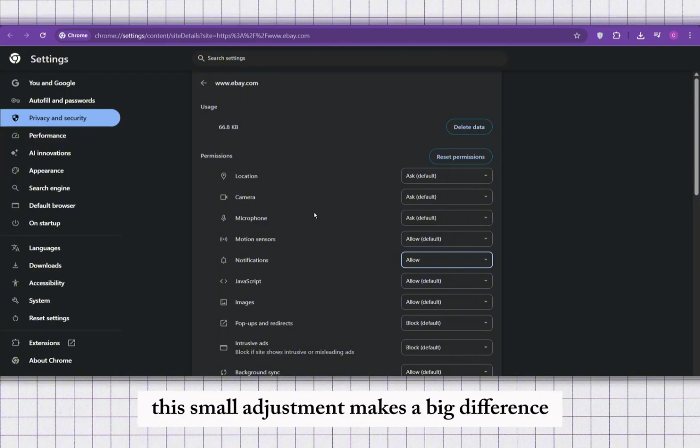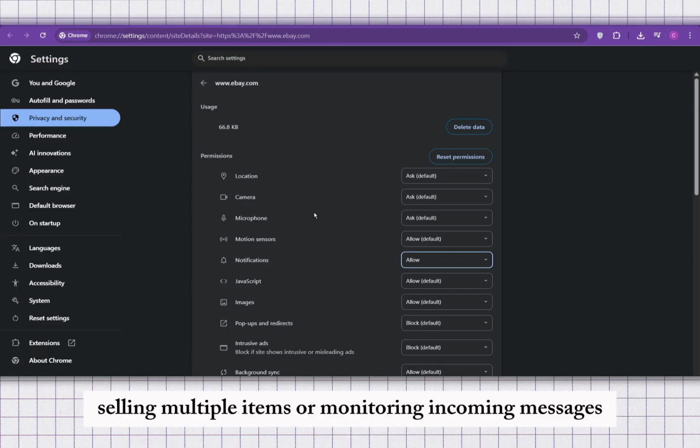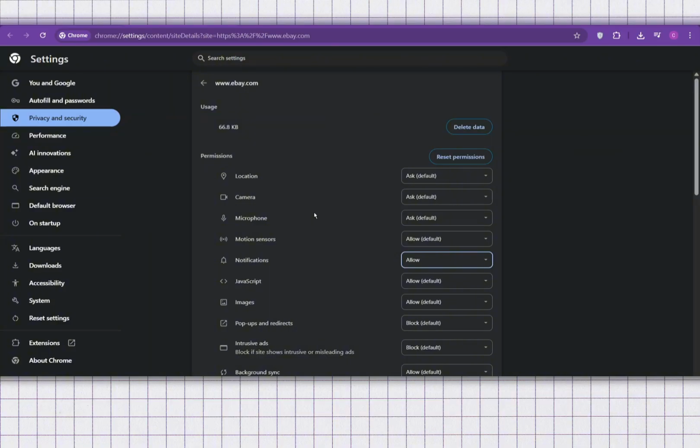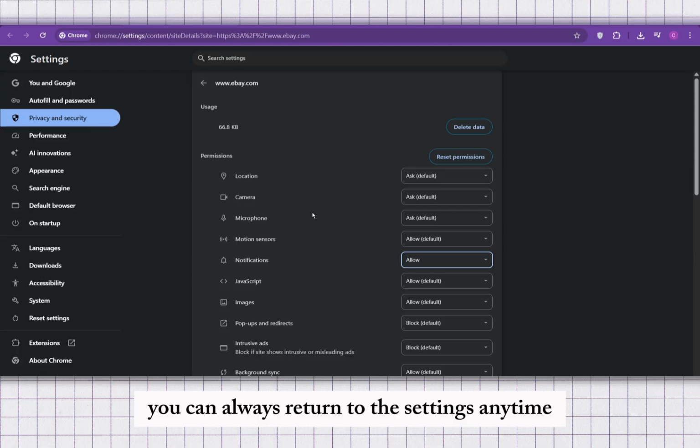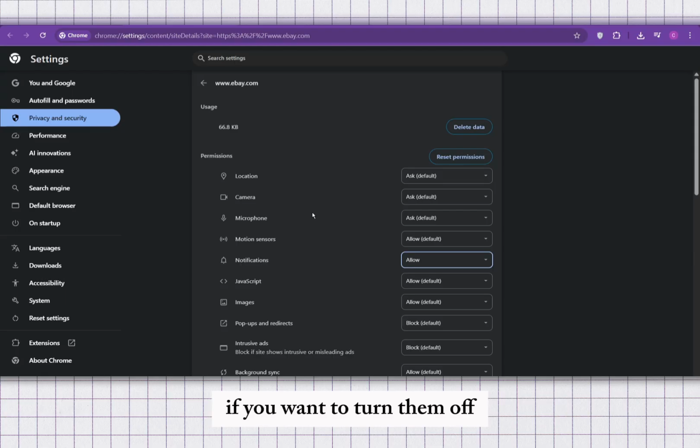This small adjustment makes a big difference, especially if you're tracking an auction, waiting for an offer, selling multiple items, or monitoring incoming messages. You can always return to the settings anytime if you want to turn them off or